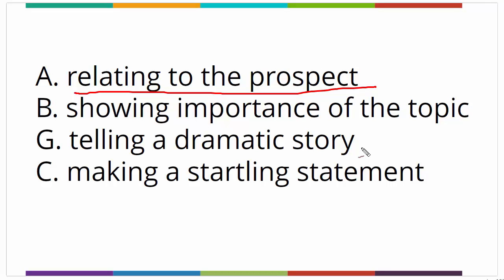The dramatic story might be a story that is personal to you, or it could be just another story that illustrates a particular point. But the whole idea here is that you're trying to get attention. Another way in which you can do this is by making a startling statement. Okay, you might surprise the person. So you might make a statement such as,